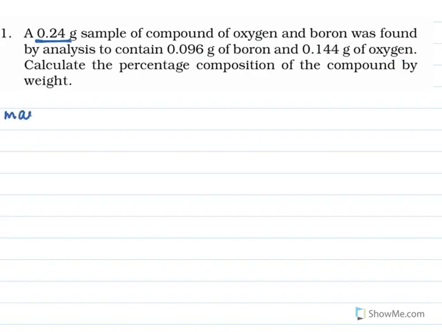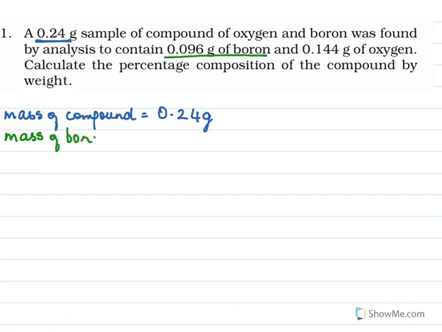So let's write this. Mass of compound is equal to 0.24 gram. Then it contains 0.096 of boron. So mass of boron is 0.096 gram. Now we have to calculate the percentage of boron. So when we calculate